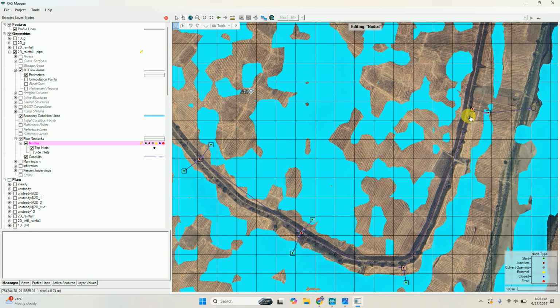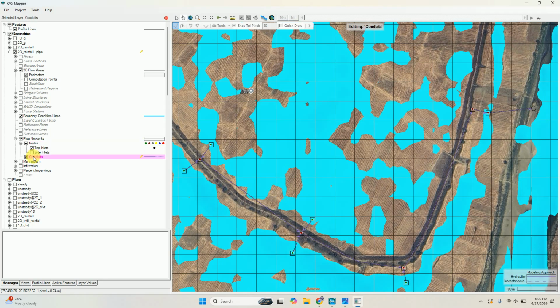Okay, after that it goes here, and there is one node here, one manhole here. It will also take water from here and dump it to the river. This is the river where I have to dump this network. Okay, and you have to make sure that after giving all the nodes, you stop editing and save it, and after that you have to go to conduit.